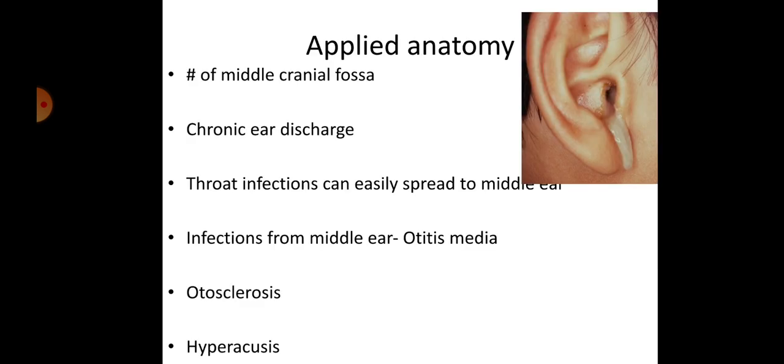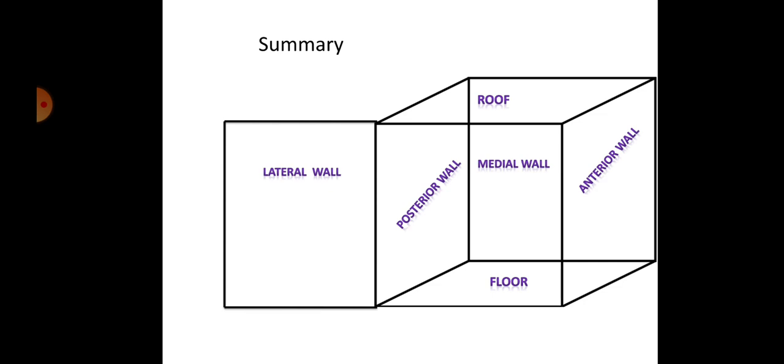Next, we are going to discuss the applied anatomy. Now, if you know the clear picture of this, then applied anatomy is very easy. First one is fracture of the middle cranial fossa. Above this roof there is the brain. If the middle cranial fossa is fractured, indirectly the roof is fractured. If there is any fracture in this area, what is going to happen? Bleeding is going to happen inside the middle ear. From the middle ear, it comes through the lateral wall, making a perforation in the tympanic membrane, and bleeding from the ear is going to happen.